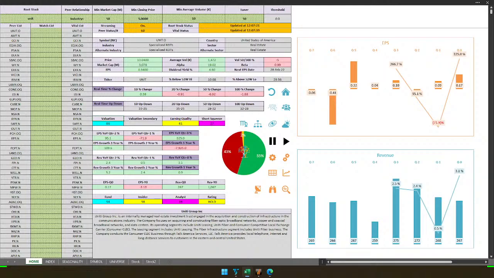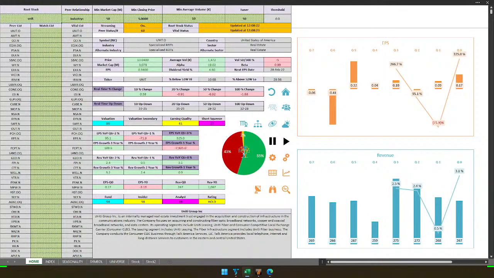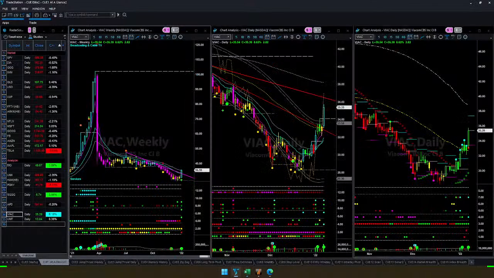from Q edge again. Okay, the industry is not very strong in terms of relative score. However, it allows me to buy because of this unique feature in Q edge. I am able to buy either based on strong score or based on strong acceleration. This has acceleration, so I'm allowed to buy in this industry. That was Unit Corp, a 3-star candidate. And now if I look at the stock chart,